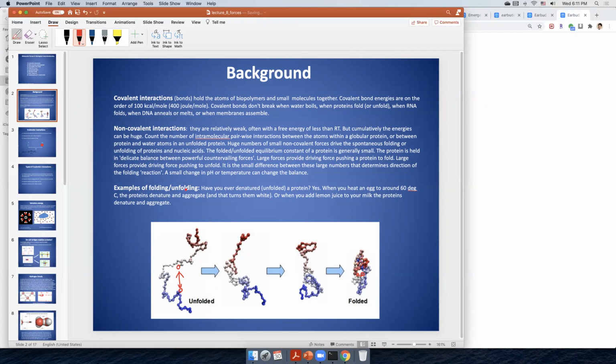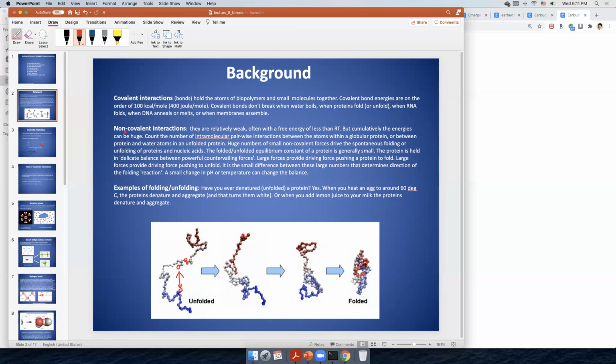But one thing that doesn't change is the covalent interactions. For example, the neighboring beads or neighboring atoms are connected by covalent bonds. This bond is too stable. It's difficult to break it or to change the distance between two covalently bonded atoms. So these bonds don't change during the whole folding process. The only things that change are the other forces,